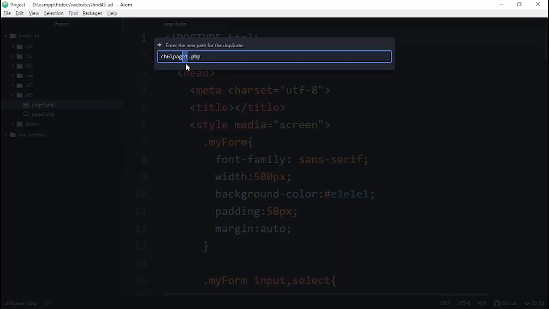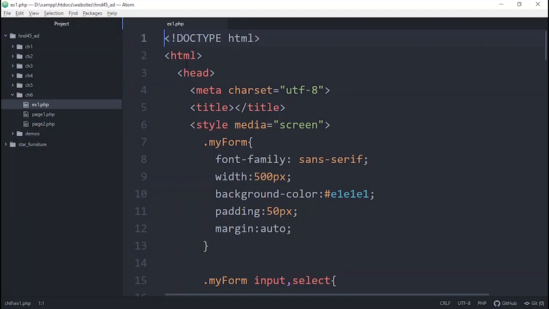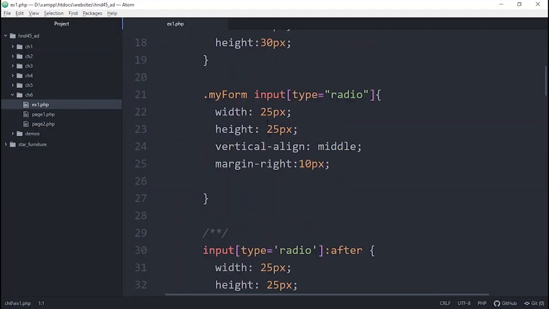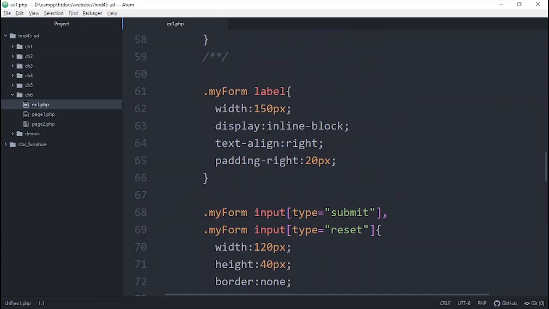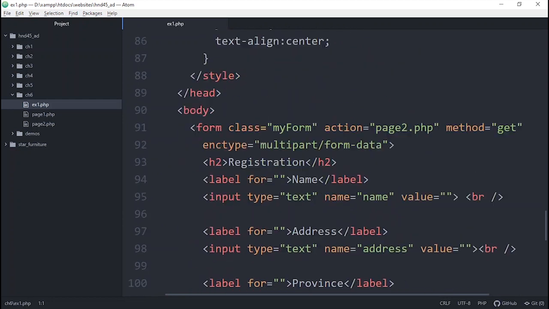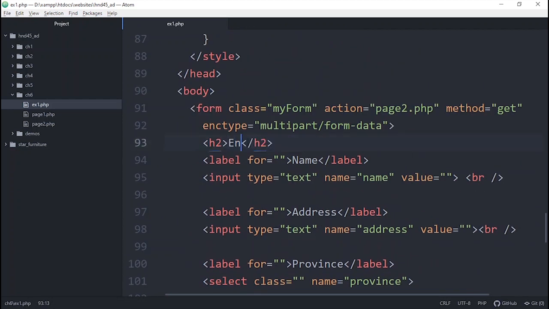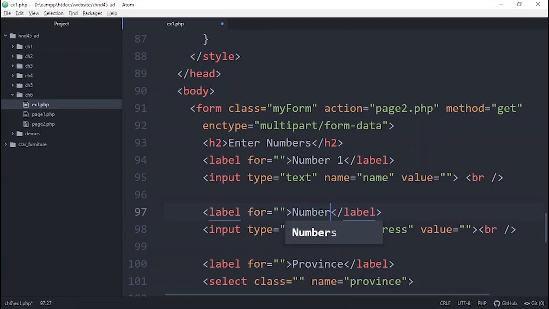Let's call this one ex1, exercise 1 dot php. So let's change only a few things. I'm going to say enter numbers. The first one I'm going to say number 1, and the next one I'm going to change to number 2.